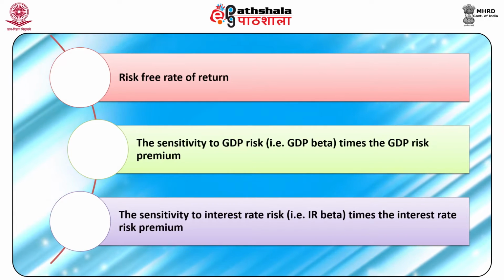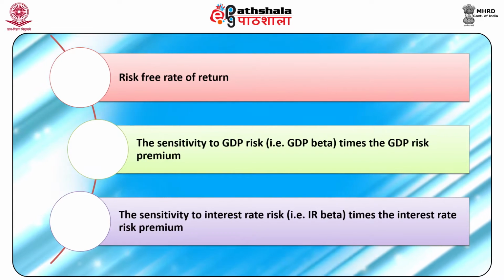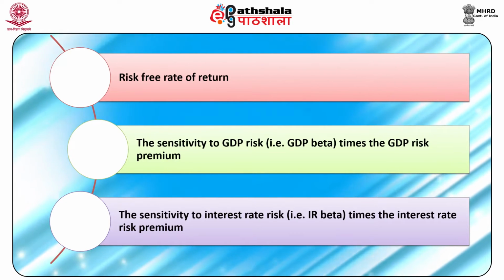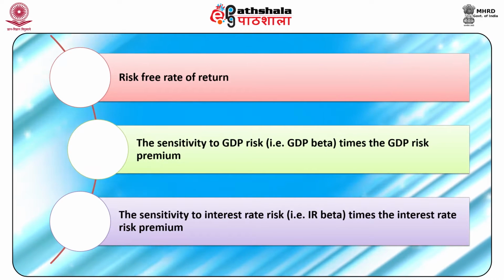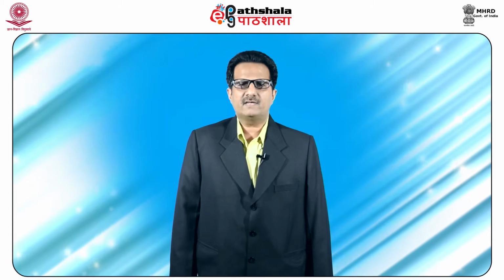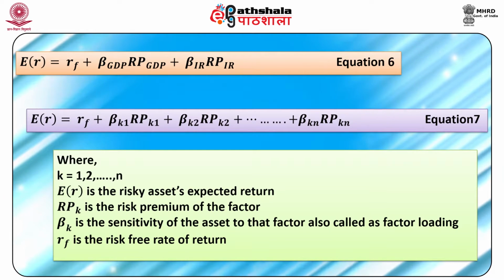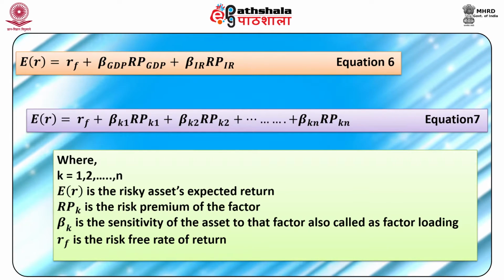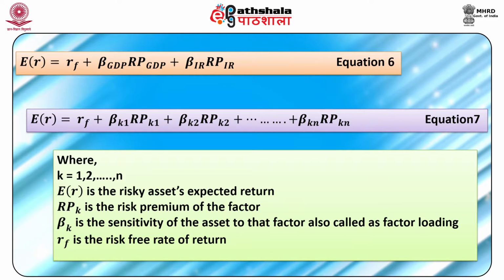number 1, risk-free rate of return; number 2, the sensitivity to GDP risk, that is GDP beta multiplied by the GDP risk premium; and finally the sensitivity to interest rate risk, that is IR beta multiplied by the interest rate risk premium. This gives rise to the next equation, titled equation 6, which is a two-factor security line. Capital ER is equal to RF plus beta GDP RP GDP plus beta IR RP IR,